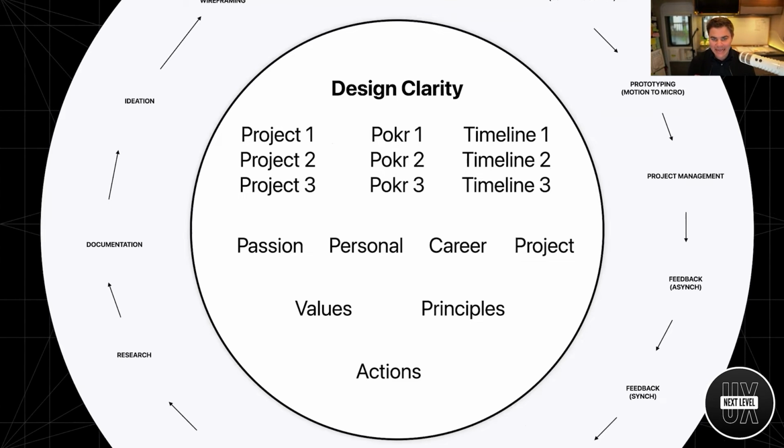Keep rolling. But the design clarity is like reigniting these projects, these OKRs, and OKRs are essentially your key markers of what you're trying to measure, your objectives, and your timelines. Like, well, is it 2 months? Is it 3 months? Is it 4 months? Is it 2 years? Is it 4 years? What is it? Getting that. And then cycling in your goals, your personal passion, career project. I also don't want you to forget about these things like your personal and career ambitions.